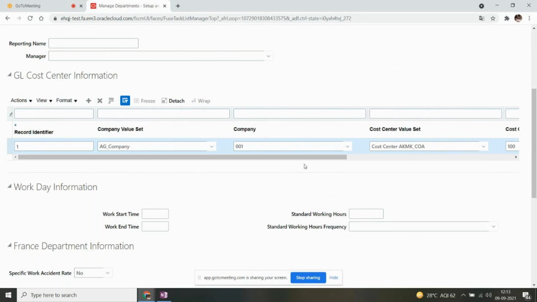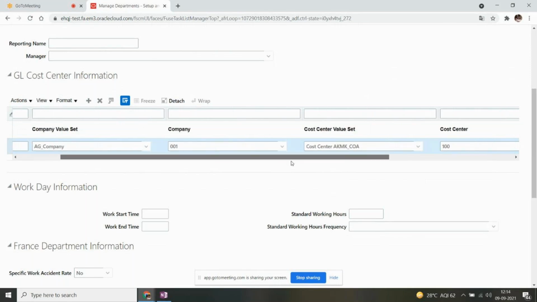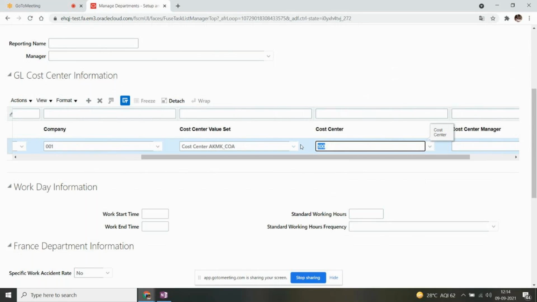In that case, we'll use other alternatives like fetching the company segment from the legal entity and fetching the cost center value from the expenditure organization. Based upon that expenditure organization, we used to have some lookup sets, and then we'll get the appropriate value. But I'm showing this for your reference, because sometimes they maintain company segment values, and more often the cost center.